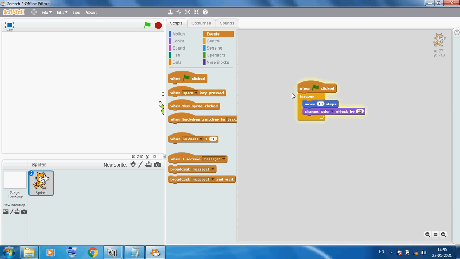Every time it will move 10 steps and change the color automatically. You can see the effect on the full screen also.